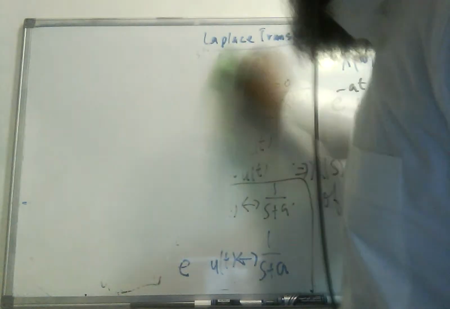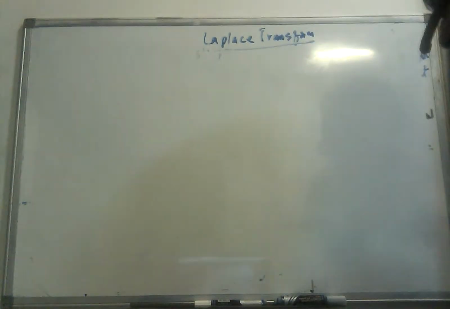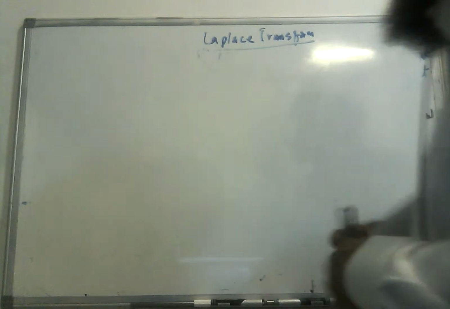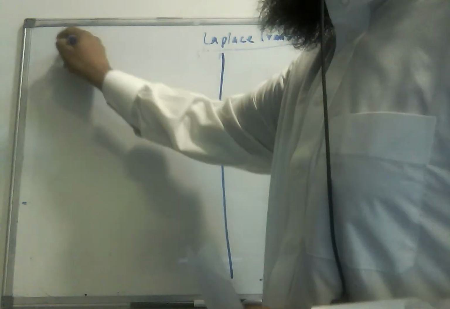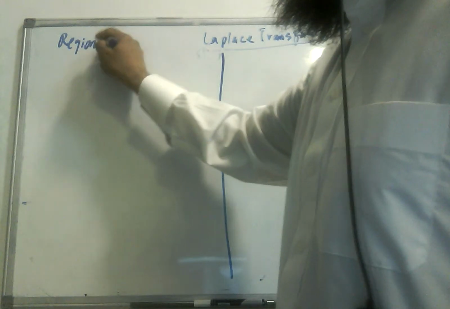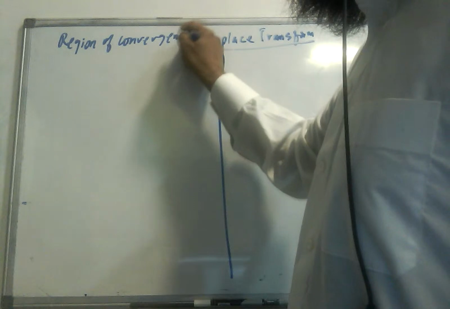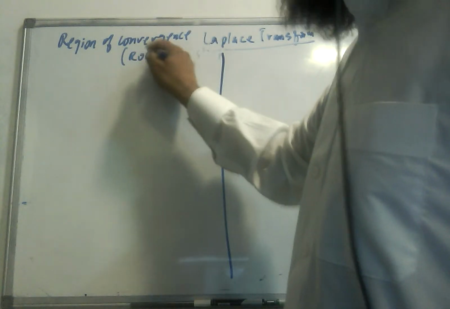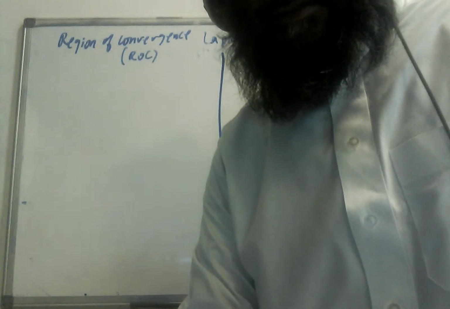Let us define it here. So what is the region of convergence? The region of convergence, or ROC, of the Laplace is,